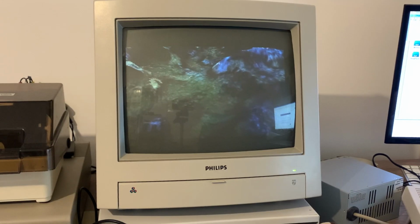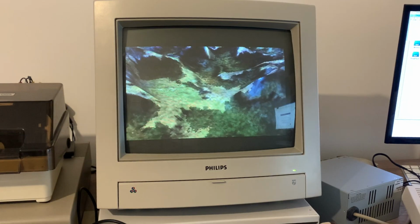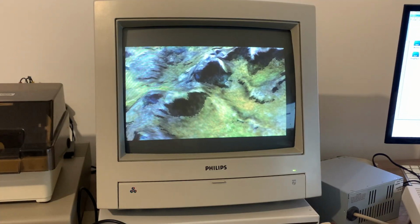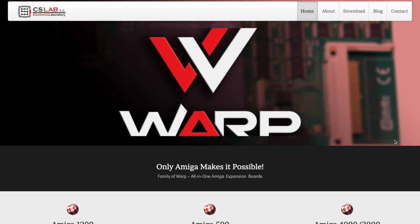And it is expensive, but when you consider exactly what you're getting and how much the alternatives would cost you if you want to run real hardware, not emulation, this is actually decent value for such an expansion, and the team are going to be putting order information on their website, which I'll link up in the video description, amigawarp.eu,